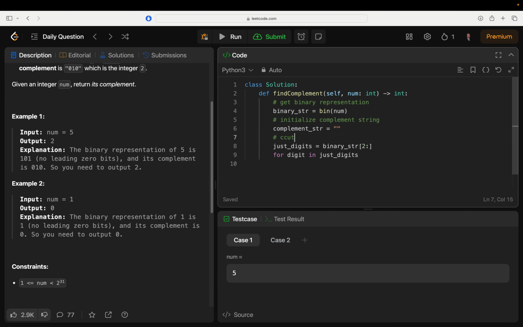Cut off the 0b. Iterate through and concatenate flipped bits. So for digit in just digits, we're going to say complement string equals